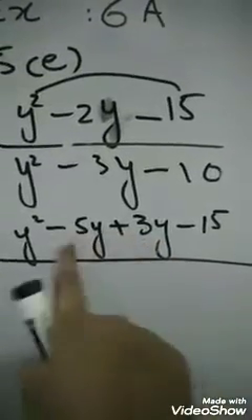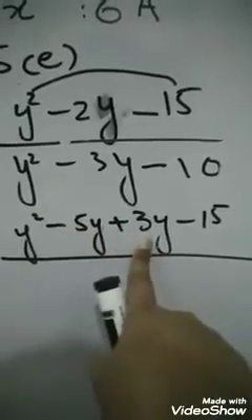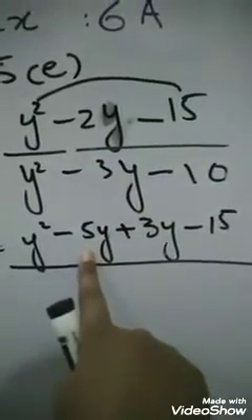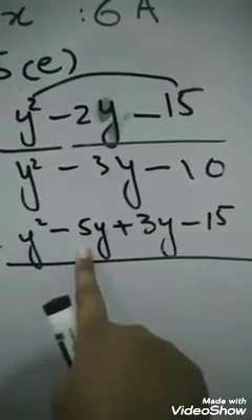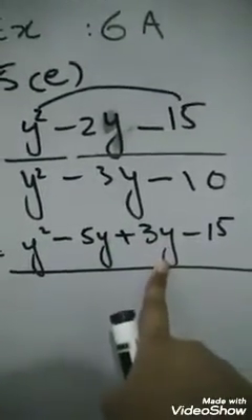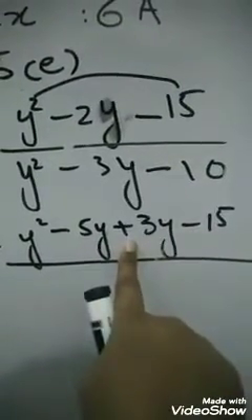Okay, so my dear students, that pair would be minus 5y plus 3y. Minus 5y plus 3y would be equal to minus 2y, because the greater value has the negative sign. And if we multiply this, 5 times 3 is 15, y into y is y square, and minus times plus is minus. Okay students,